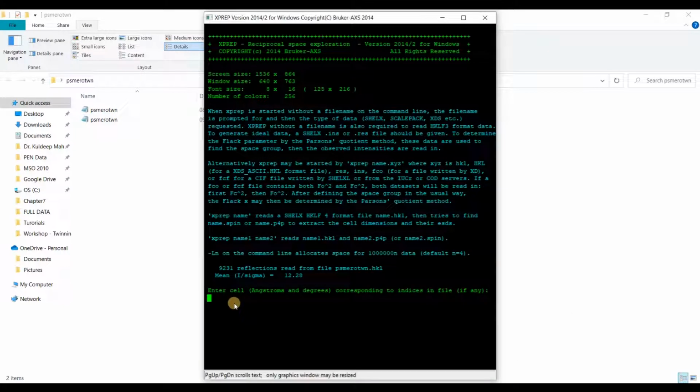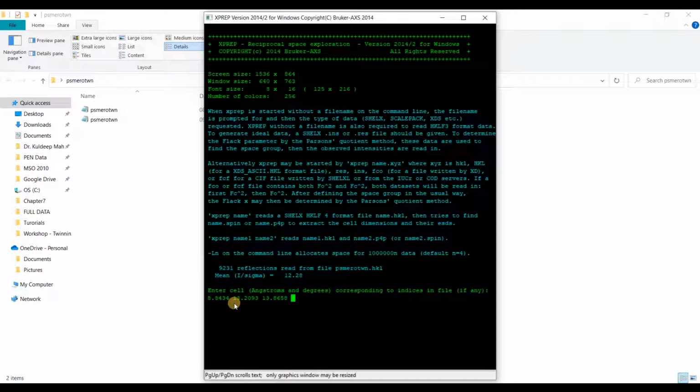Now I will put in the cell parameters here: A, B, C and alpha, beta, gamma. The values are 8.8434. I am doing all these steps in real time. This is the B axis, and the C axis is 13.8658.